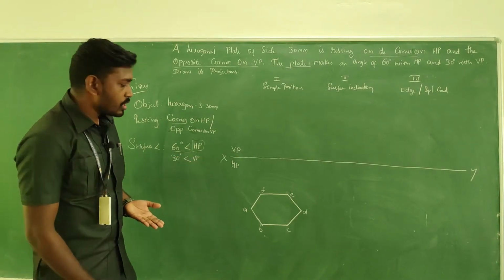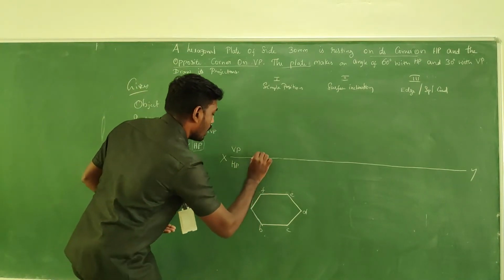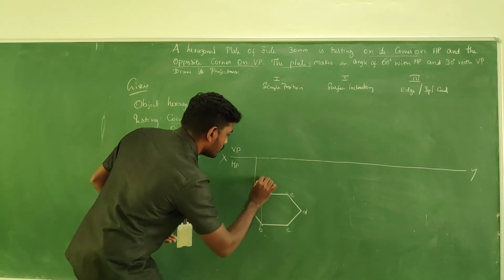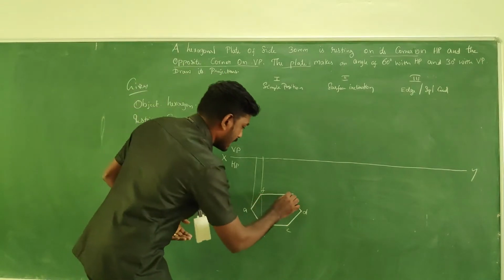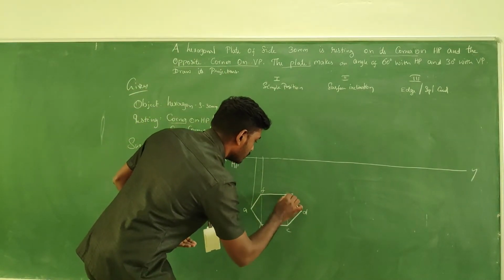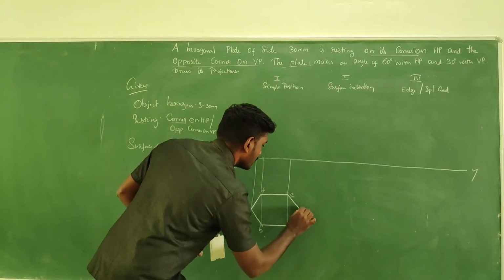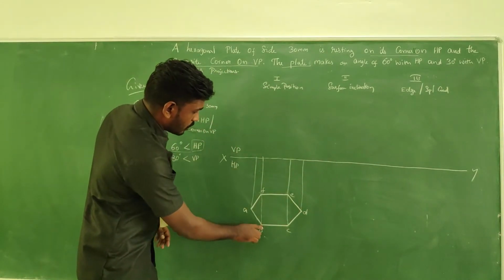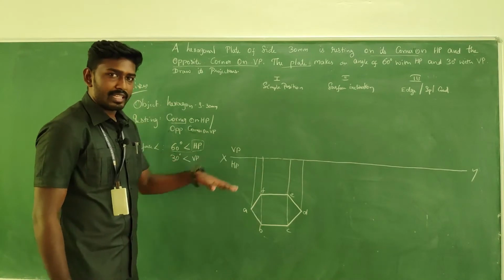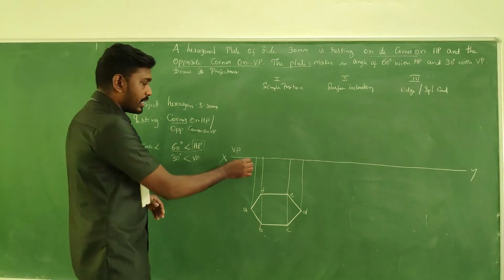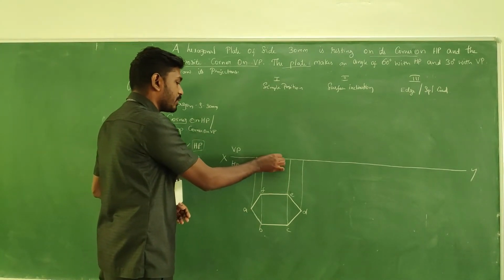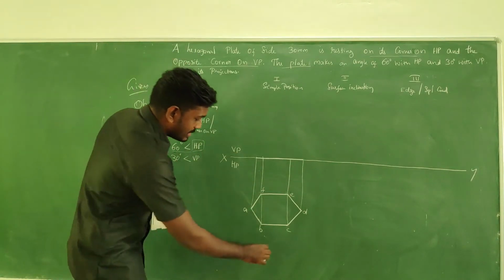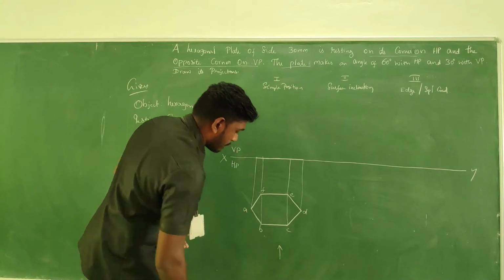Now the front view. For that, how to take the projectors from each point of the polygon. So E and C will come in the same projector, D comes like this, and F and B come in the same projector. So your projector lines go like this, and afterwards draw a horizontal line between the projectors. You get the front view observation. So this is the front view observer position.